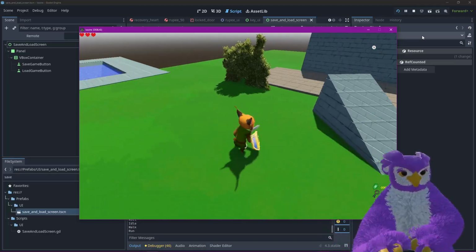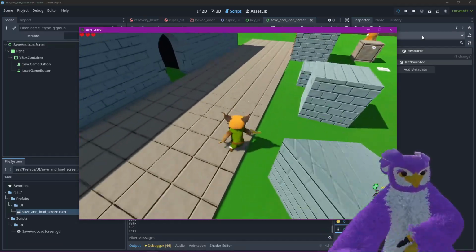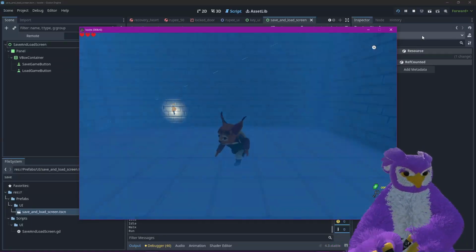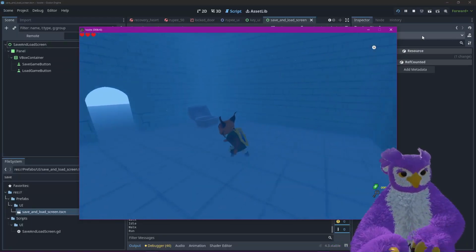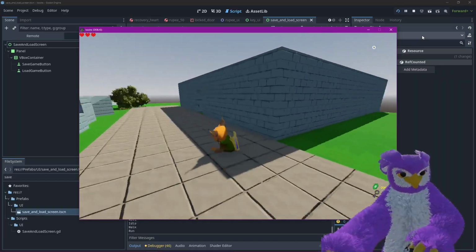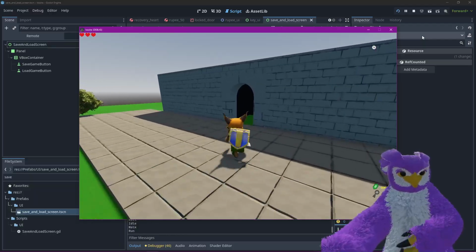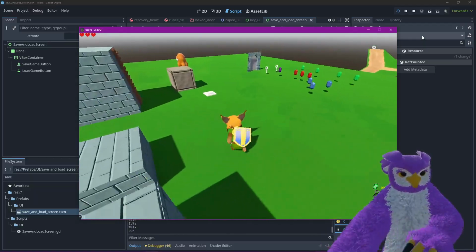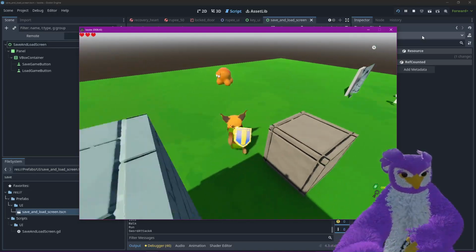Should those pots stay smashed? Because currently they don't. Things like unlocking doors should definitely be permanent. Or like if I kill this enemy,